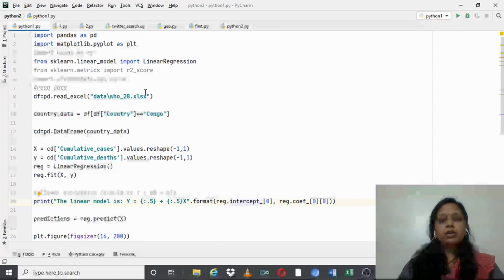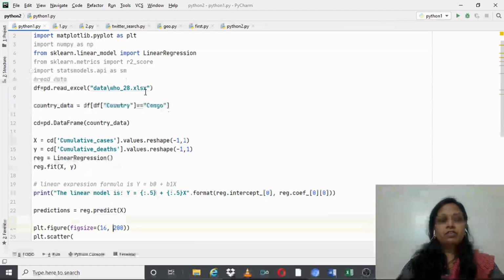Then I have to put a function called reg.intercept_ in order to make sure that if some of the values are 0, then the mean of the values is taken. Then reg.coef_ means I am going to take all the values present in the scale or extracted in the information. Then this particular value of x is used to make a prediction. Whenever I need to make a prediction, I have to put this value and the predicted value will be saved in the variable predictions.